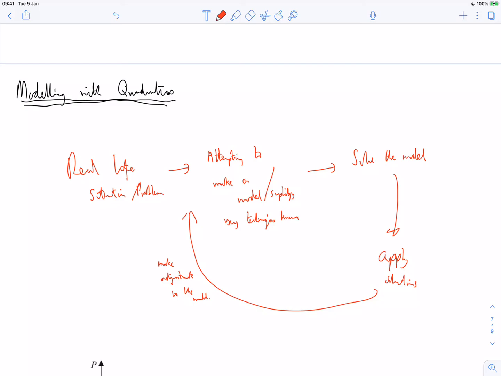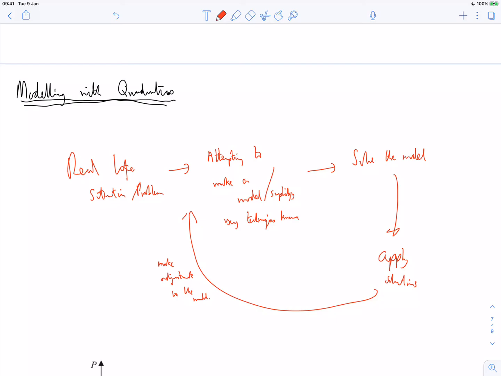The key point here, this is not just for quadratics, this is for all different types of topics, is that sometimes real life problems are too complicated to solve, or there's too many factors, or there's underlying distributions we have no idea how they work. And so we attempt as humans to break things down into easier problems that are fairly close, and then we solve the model's problem. We apply that solution back to the real world,